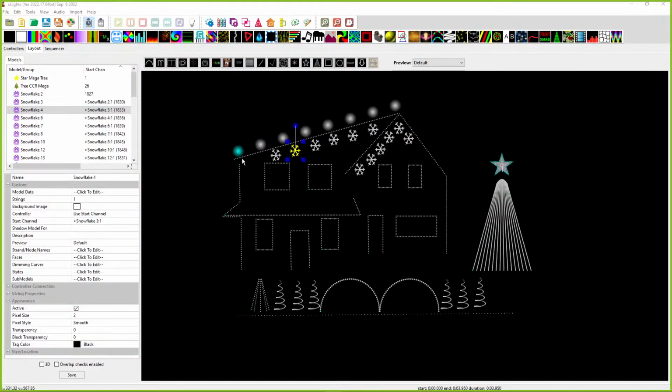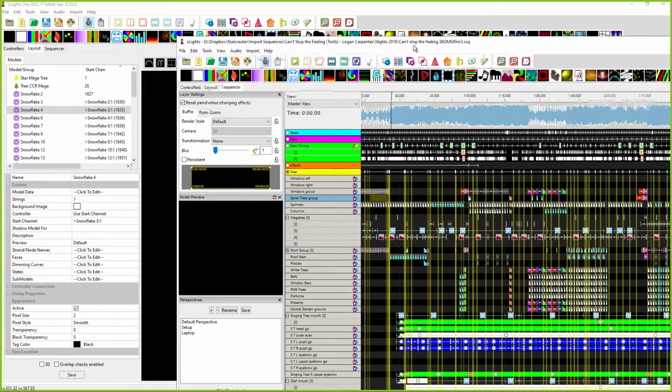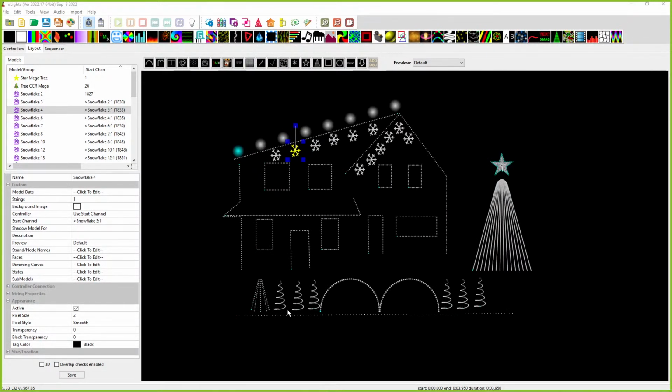Whenever I start mapping with this sequence, let's say I begin mapping, I can sit there and say, well, he's got this effect or these effects on a spinner group. He's got a spiral tree group. Oh, look, he actually has spiral trees. So we could apply those spiral tree effects from his spiral trees into my spiral trees. If he doesn't have mini trees, then I have a mini tree. Then maybe I use the spiral tree effect to apply to those as well. And what happens though,